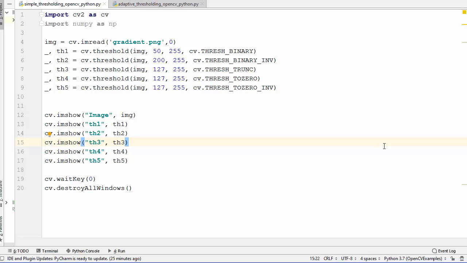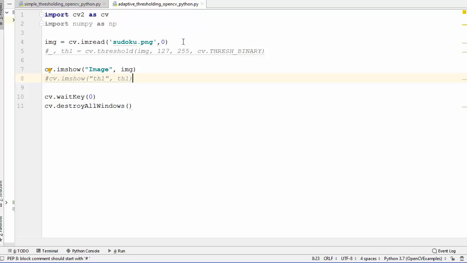So we get different thresholding values for different regions of the same image, and as a result, adaptive thresholding gives us better results for images with varying illumination. So let me show you the problem with simple thresholding for the image which have different illumination at different regions. So I have this image called